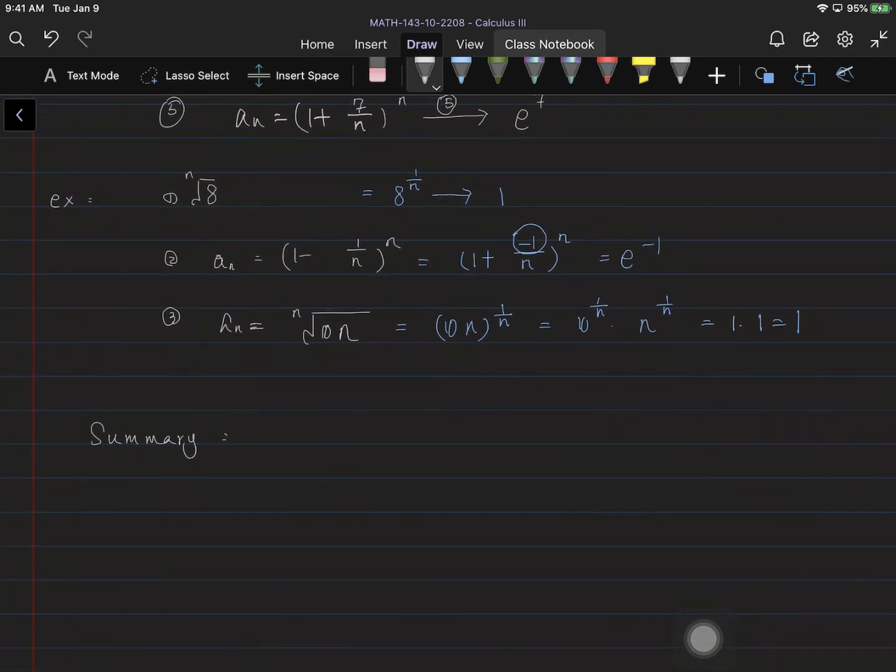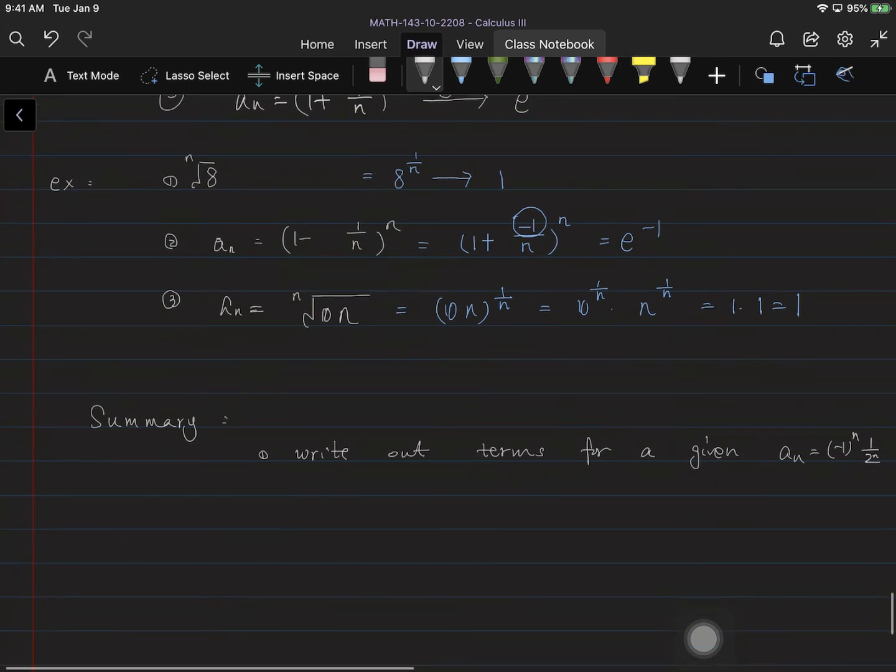For the sequence, we need to know how to write out terms for a given sequence, for a given formula a_n. For example, negative 1 to the n times 1 over 2 to the n, something like that. And then